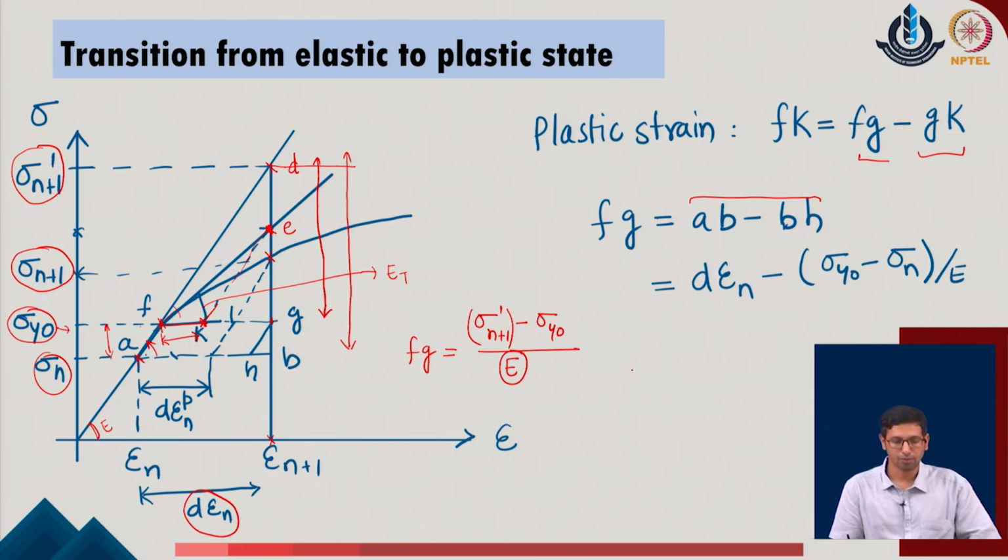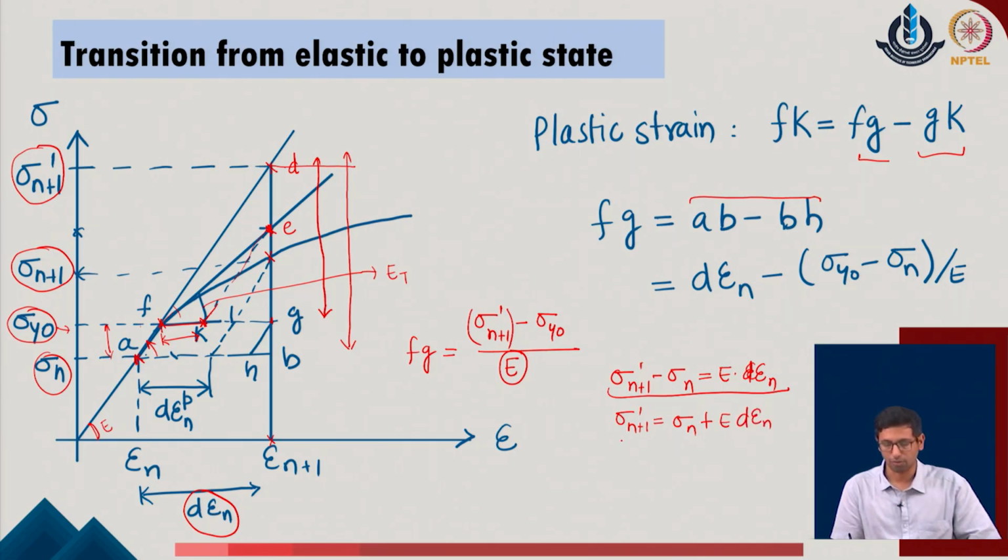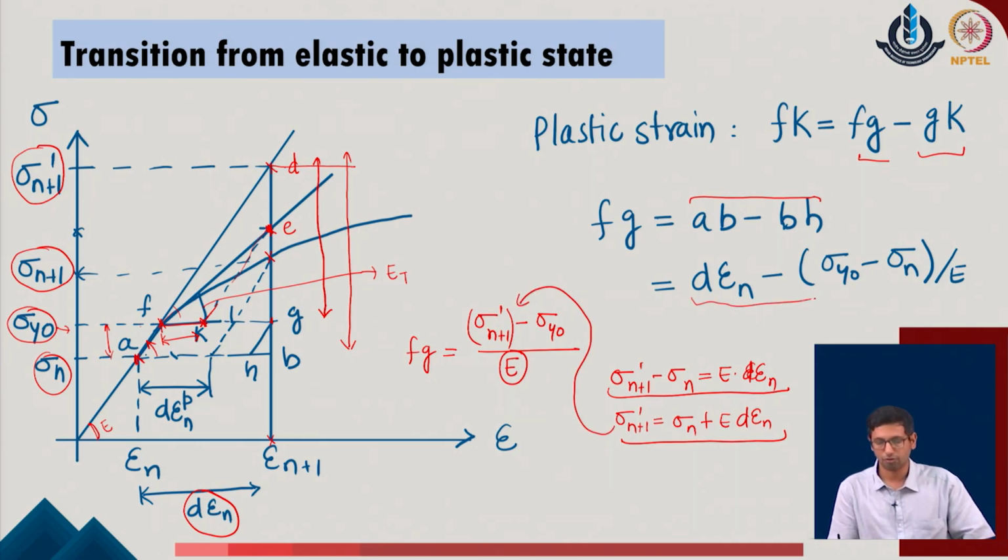So, in order to get that parameter, what we can write here is that sigma of n plus 1 prime minus sigma of n, which is the initial point over here, is equal to E times the change in the system d of epsilon n in the given problem. So, using this expression, now the user can easily convert the value of sigma of n plus 1 prime in the given system, which comes out as sigma n plus E times d of epsilon n, and by substituting this expression in this value we get a very simplified form of the expression which appears like this.